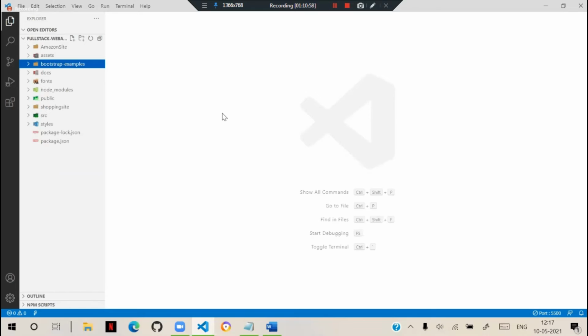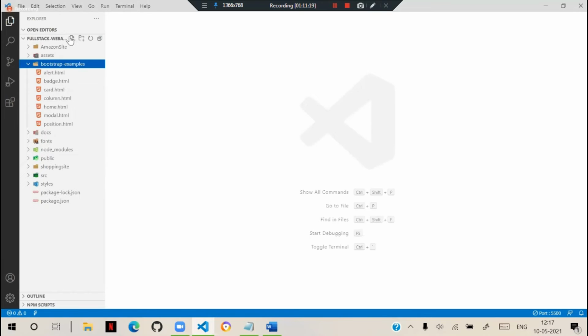Several options were removed and are no longer in use. That's the reason we need to know the difference between them. I already uploaded the old documentation of Bootstrap, and every day what I explain in the class, I will upload, because these are the new concepts and changes made into them.